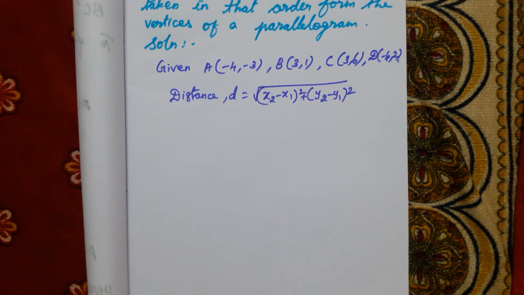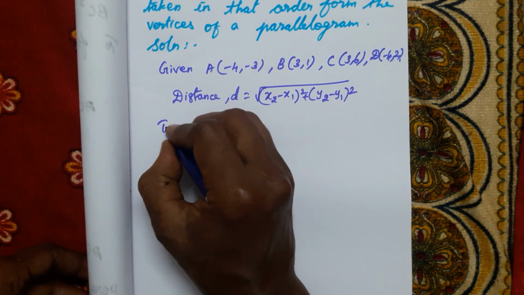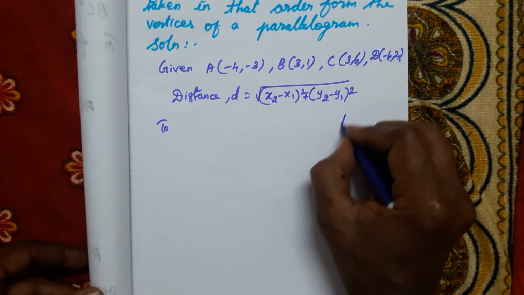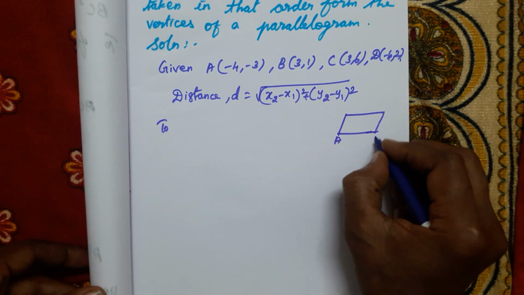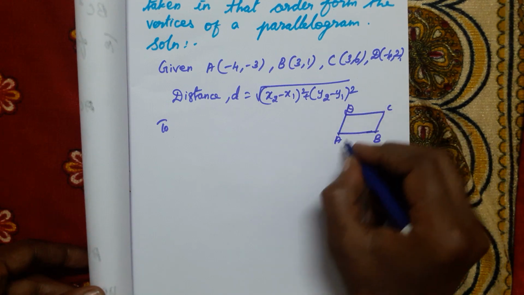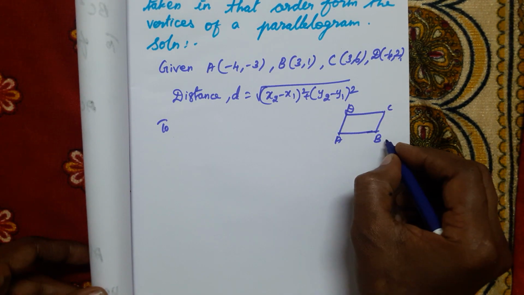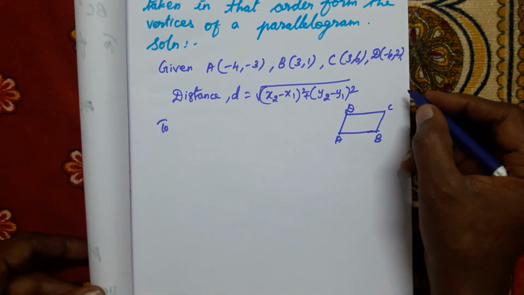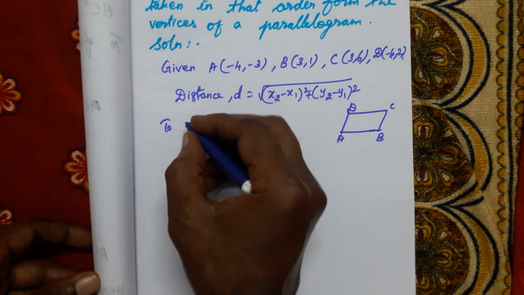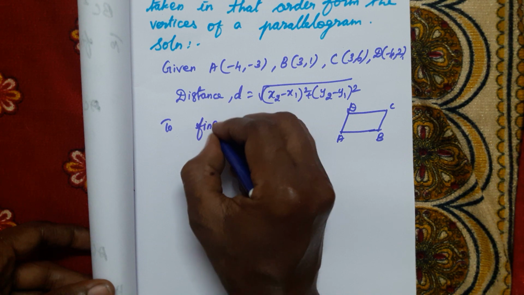Okay. Now we want to find out AB. Parallelogram means opposite sides are equal. That is, for A, B, C, D, we have to prove that AB is equal to CD. Next, AD is equal to BC. Like that we have to prove that. To find AB,